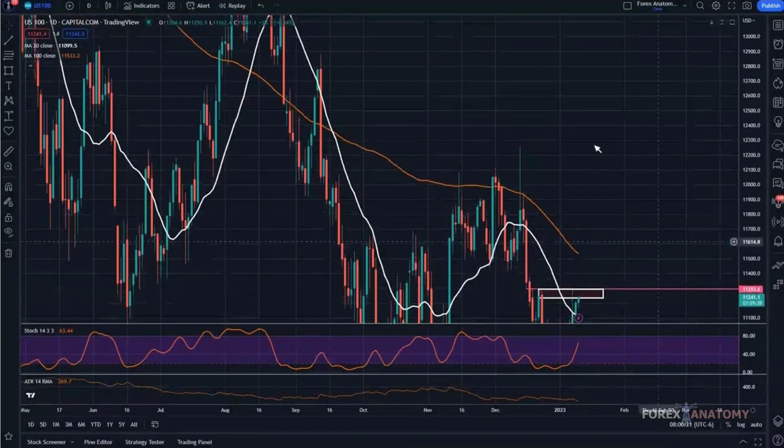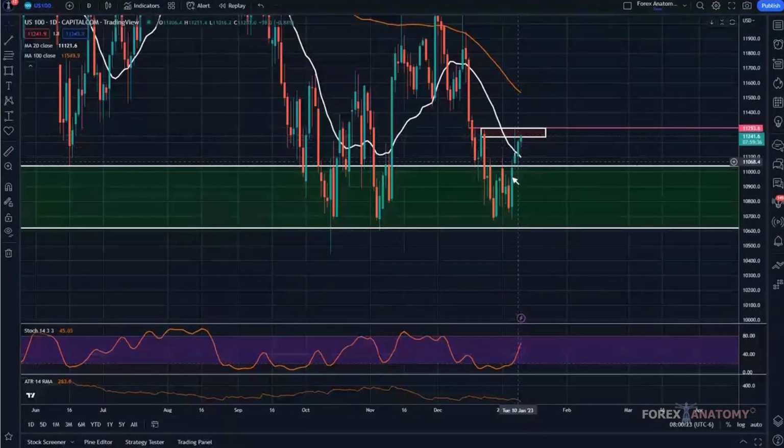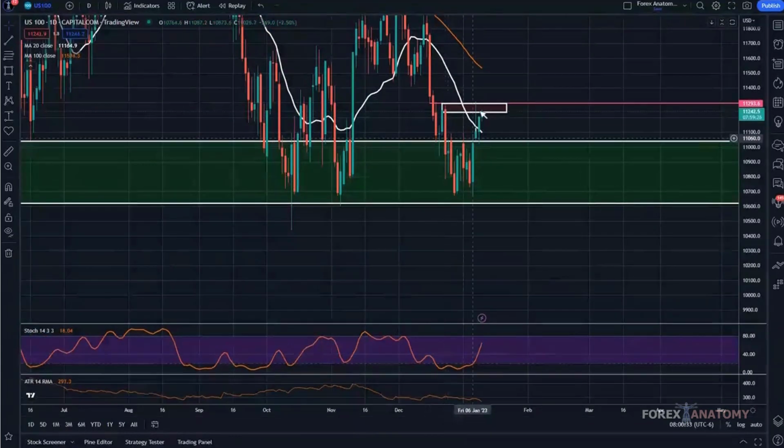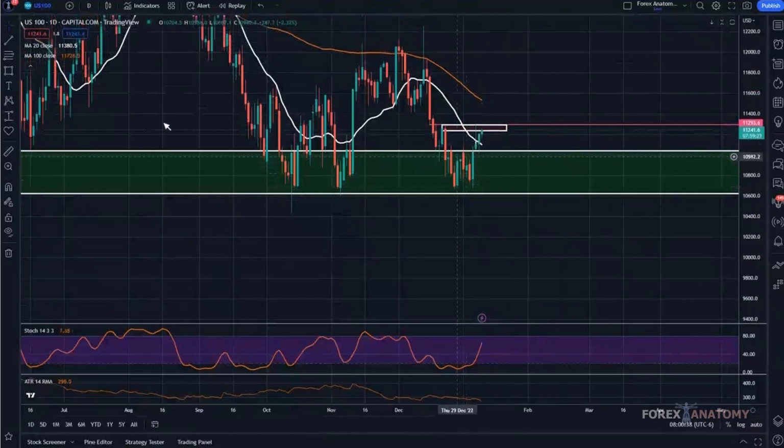Yeah, right here into this particular zone where we said the seller is going to come in at, and we can see that price pushed into this zone. That very same day we saw reaction, and then it's retesting this area again. So we're still somewhat in a bullish environment. However, things could shift